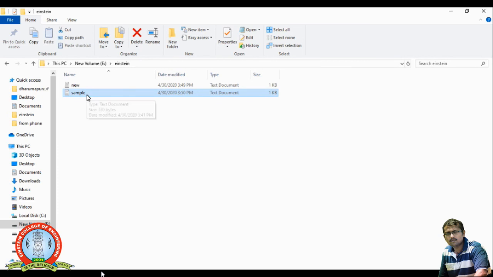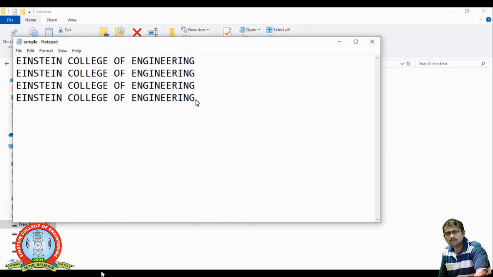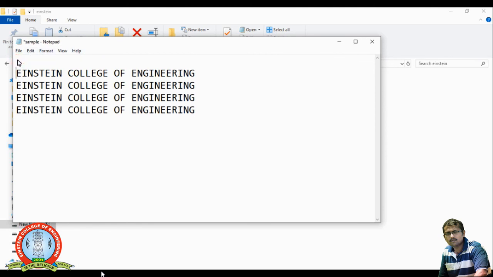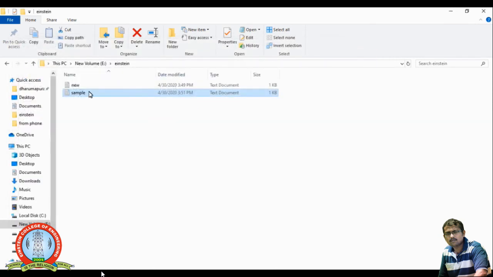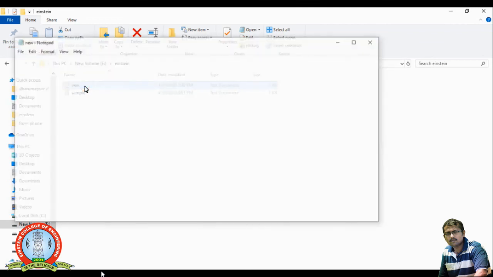Now I am going to make some changes. Let me type a line at the beginning as well as at the end of this file. In the beginning I am typing "file after append", and at the end I am going to type "thank you". So this is the new file; the sample file has been updated like this. The new file has its existing contents already present.